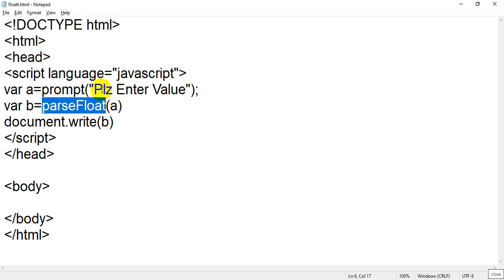So no problem, the prompt function generates a string value. It will start from the first character.